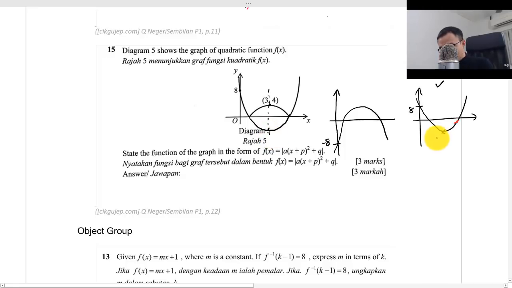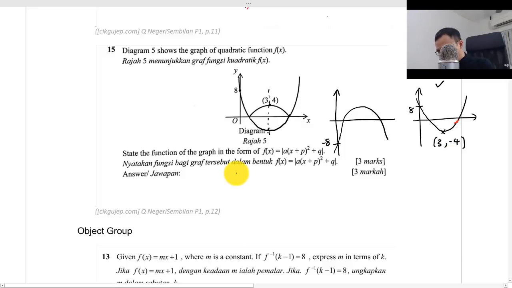So the x value should remain 3. And then the y value, because it reflects on the x-axis, if you get the y value as 4, that means the original one should be -4. Alright, this is something you need to know in order to solve this kind of question. Alright, so therefore,